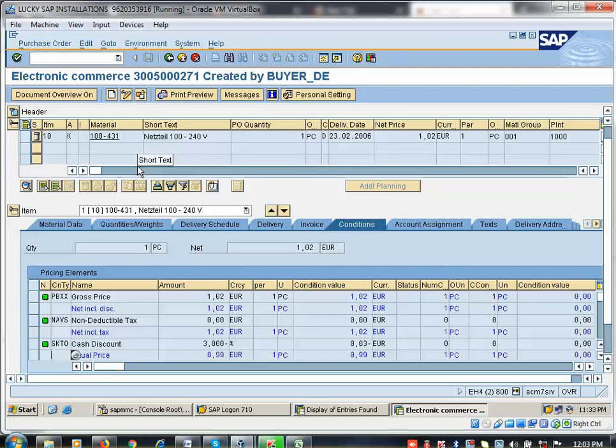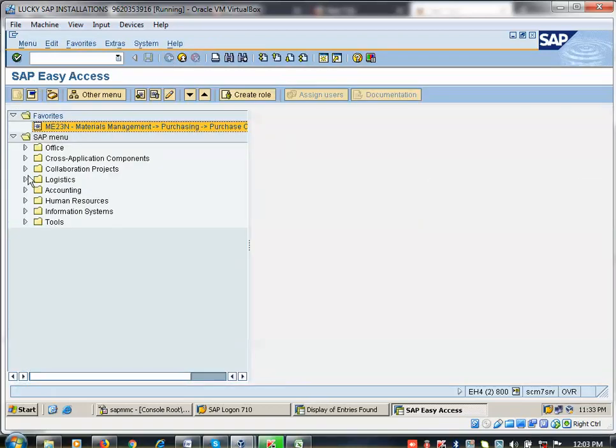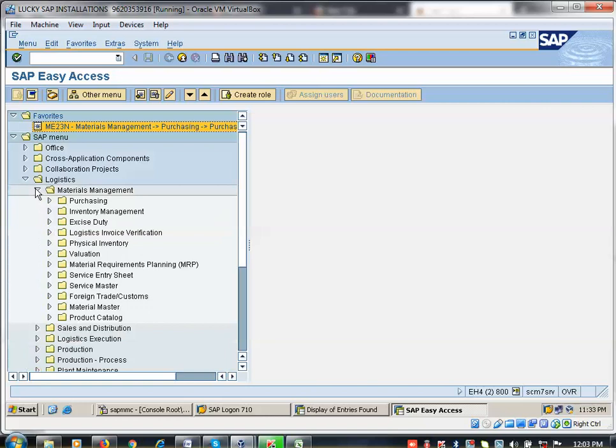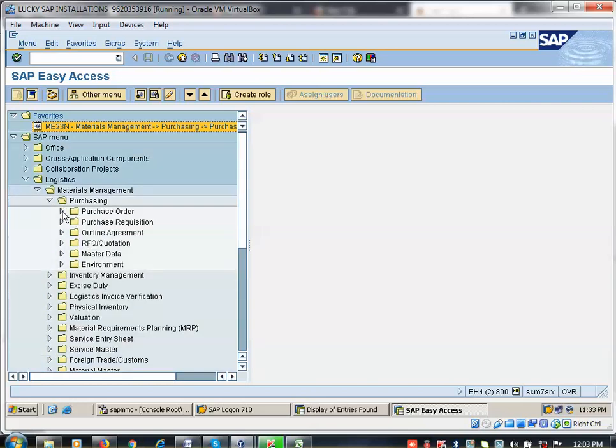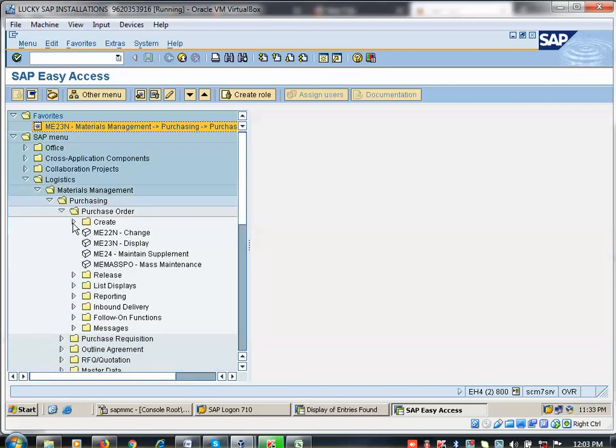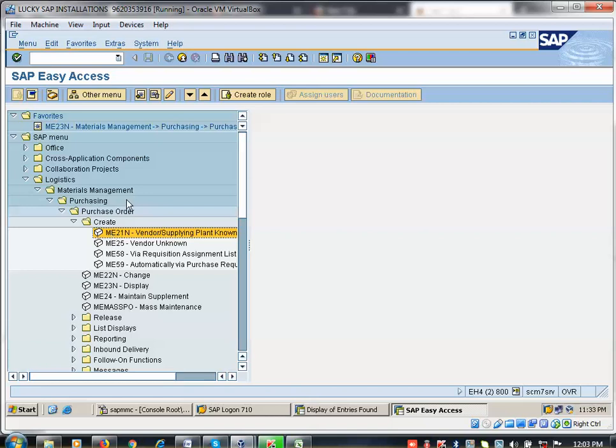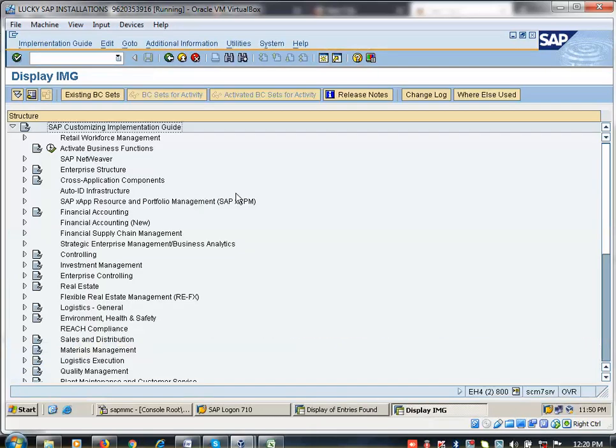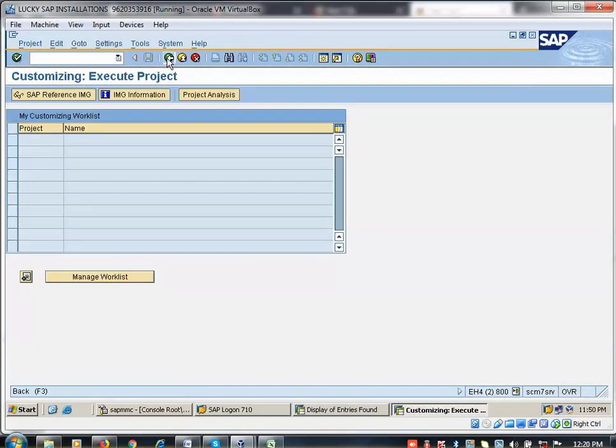Okay, so now if I want to create, you wrote that material number and all on that first day, no? Okay, so now what is the material number you created? Here you see, I can go to logistics, material management, purchasing. After purchasing, purchase order, now create purchase order here, ME21N create purchase order. Click on add to favorites also, I can do it here. So take the PO and then go to PO display here. So now I showed the PO display.